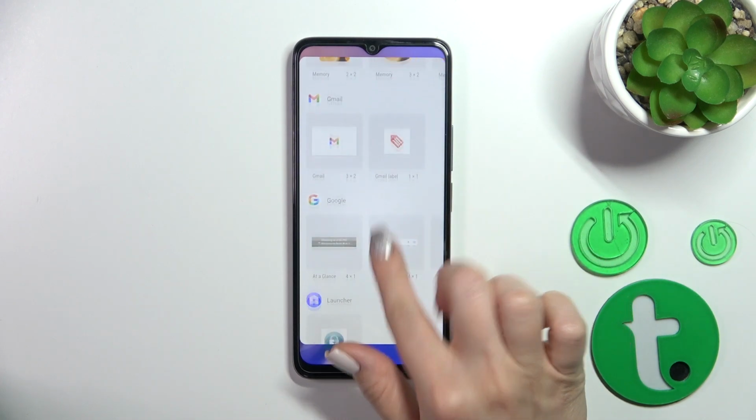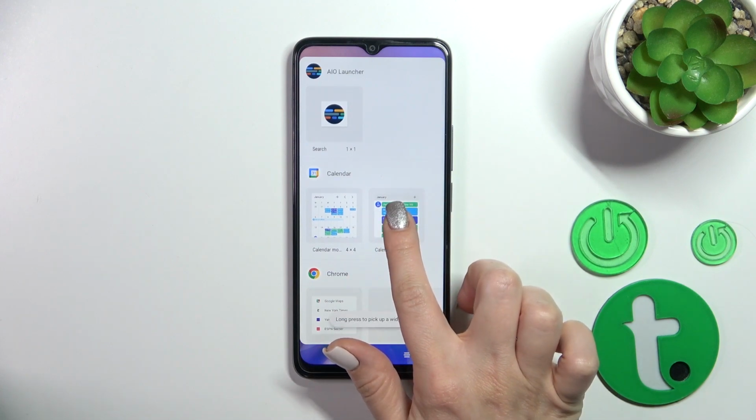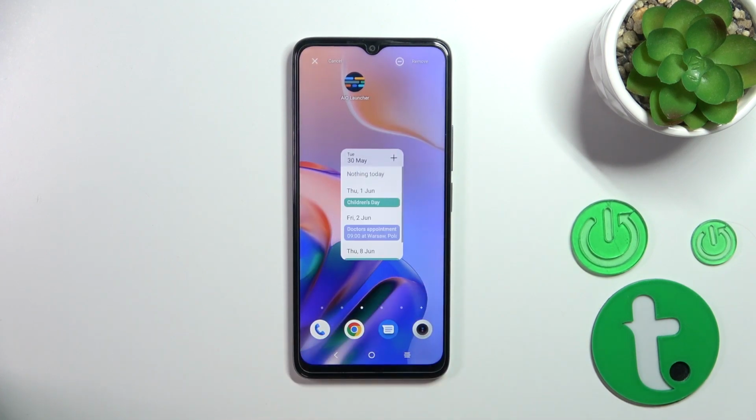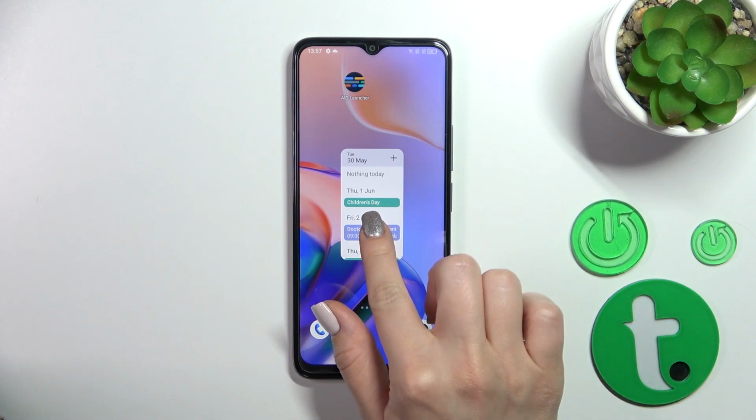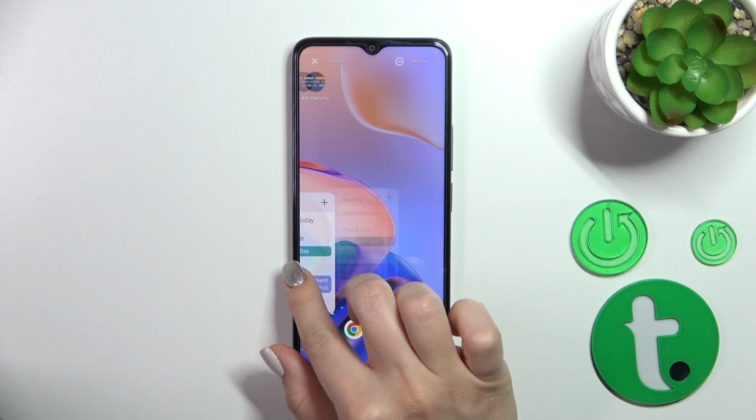and after that you will see all of the available applications whose widgets you could add. To add the calendar widget, for example, you should hold it and drag it to the home screen. If you want to move this widget on the home screen or between the screens, you should just hold